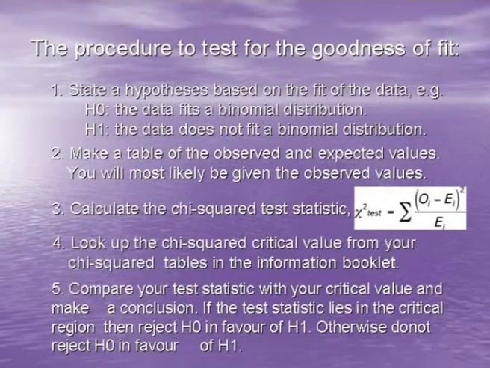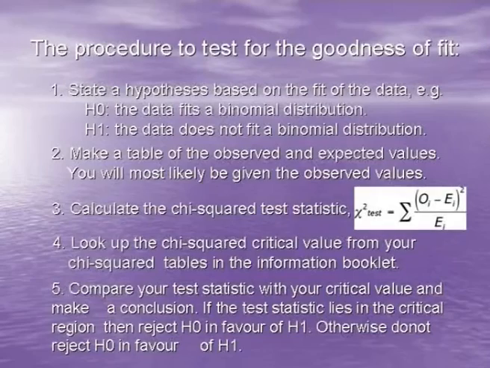Exactly, Sidra. Basically, this is the procedure. All the testing of hypothesis steps are the same. We formulate the null hypothesis, but here the language or the format of the null hypothesis is a little bit different. Suppose we use the binomial distribution for the goodness of fit. So generally we formulate the null hypothesis: the data fits a binomial distribution. It means the binomial distribution and the observed value have a good association.